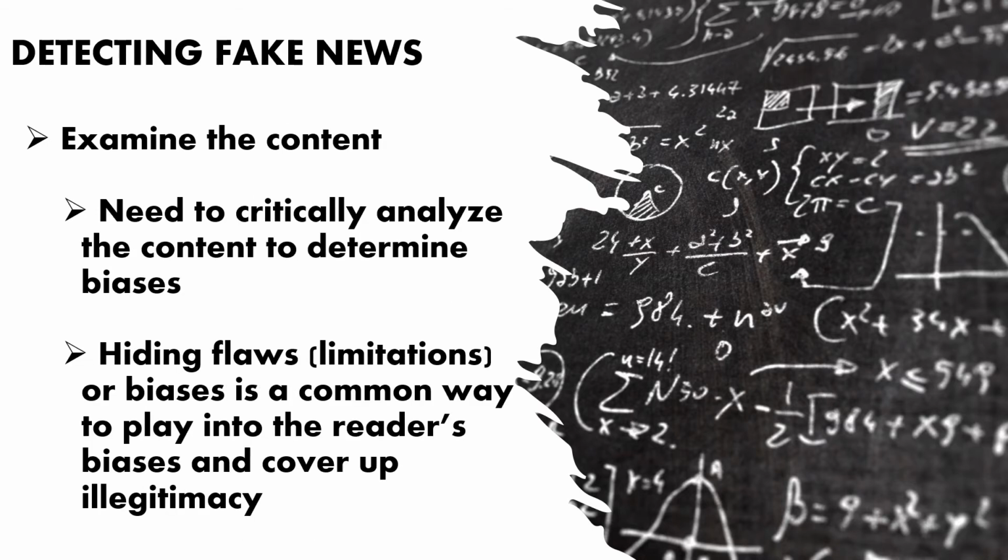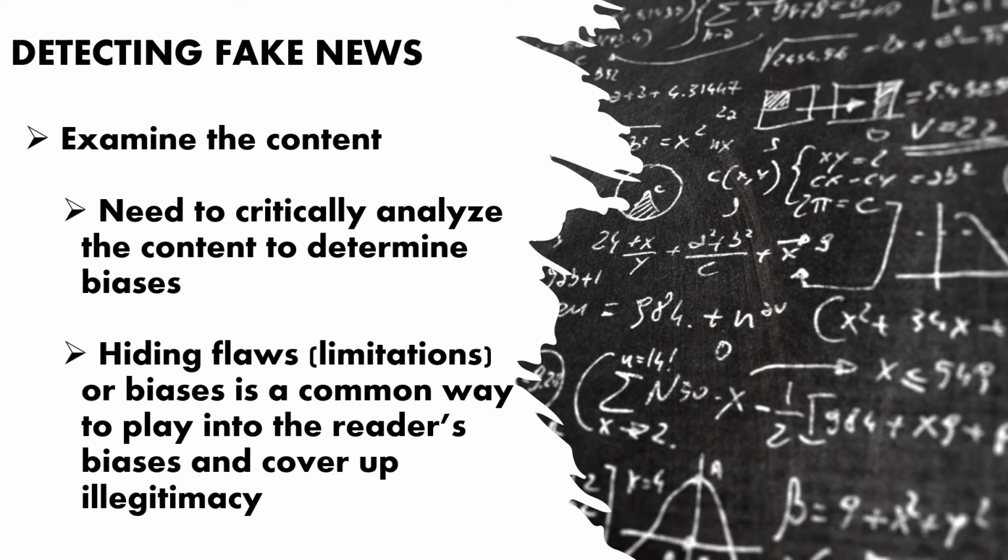It is also crucial to examine the content. Critically analyze the content. Does the information sound legitimate? Who or what resources does the story point to for support of its argument or perspectives? And examine the limitations. Has the author mentioned limitations? How have they justified or explained these limitations? Do they express any potential bias? Do they express affiliations or backgrounds that might bias their perspective?